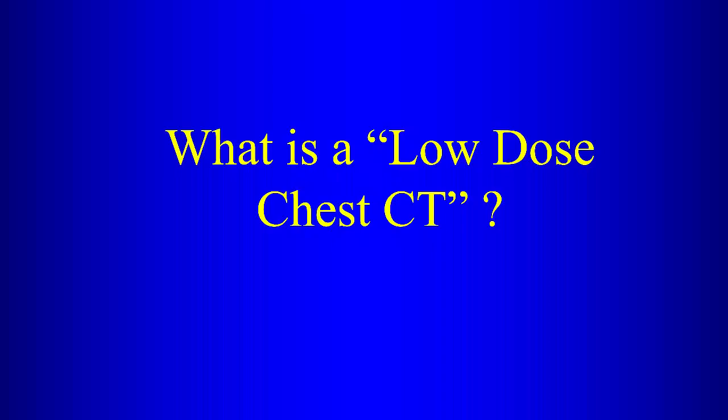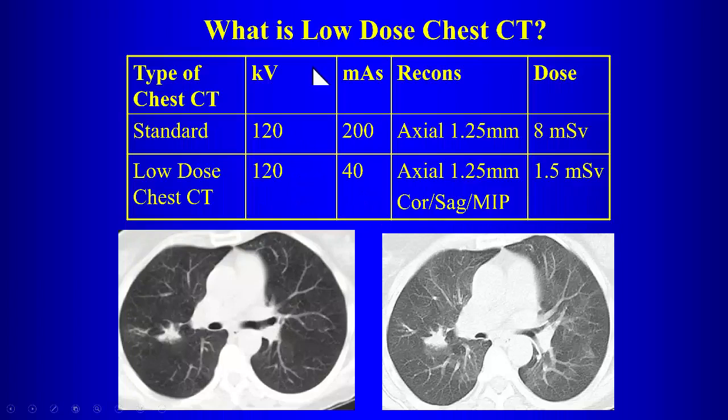So it's 20% of the dose of a routine chest CT, and we do that by lowering the mA, the milliamps. We don't change the kV. Those are the two factors that you really have control over on CT, the two major technical factors, the kV and the mAs, or the mA. So the kV we don't change between standard and low-dose CT, but we do lower the mA to about 1/5 of what we would use for a normal full-dose CT scan. Both are done with thin-section imaging. You can see how the doses might compare.